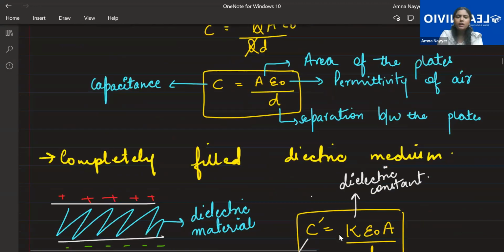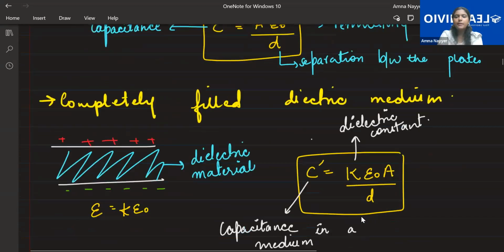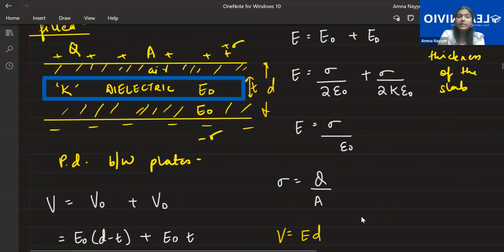Similarly, Raneem, for a dielectric medium, we always multiply it with K. So it will be K epsilon naught A by d. Yes. This part is important where it is partially filled. Okay, a dielectric slab that is partially filled. So see, Raneem,